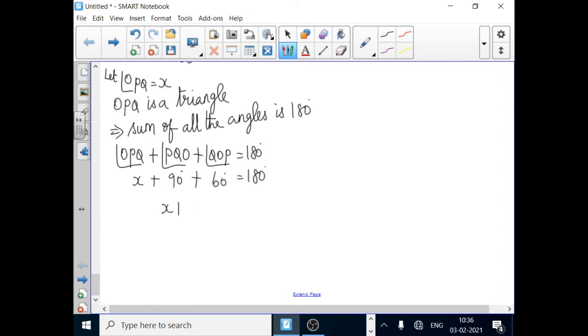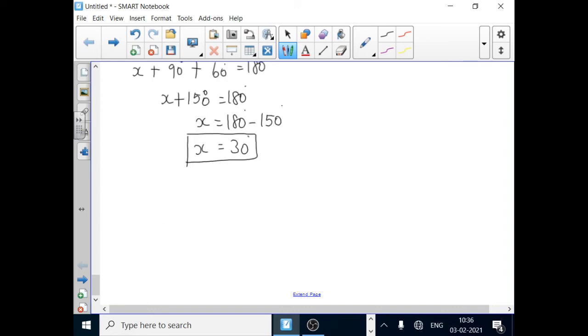So X plus 150 degree is equal to 180 degree. So X equal to 180 degree minus 150 degree, that is equal to 30 degree. So X equal to 30 degree. This is what we have to find. So this can be written as, therefore answer